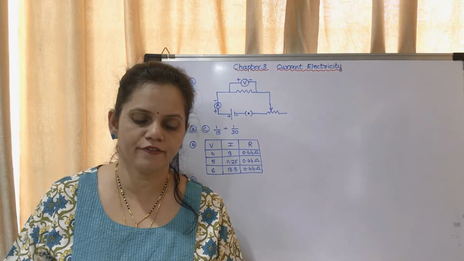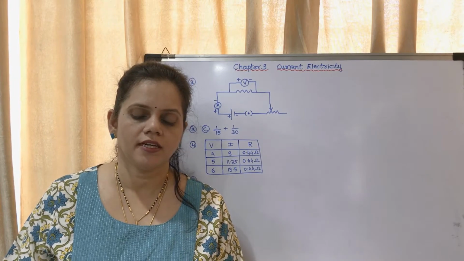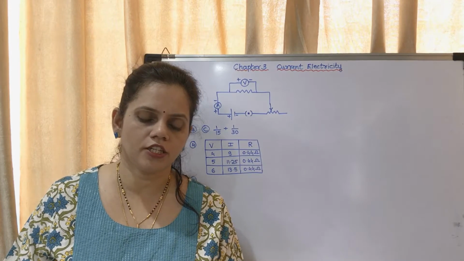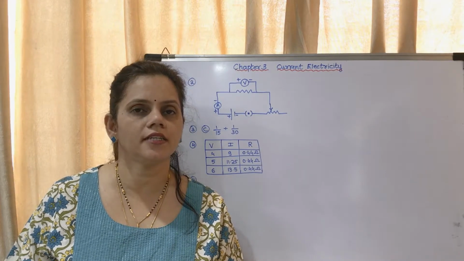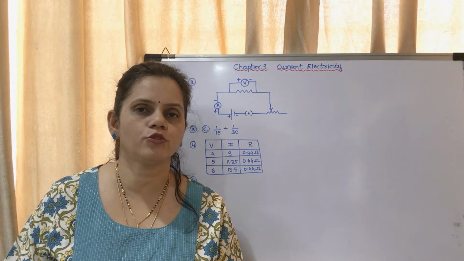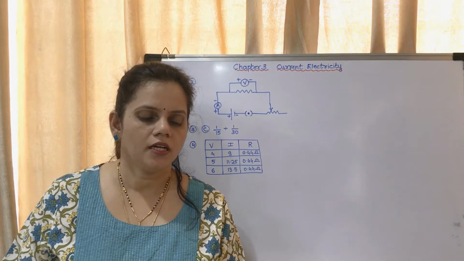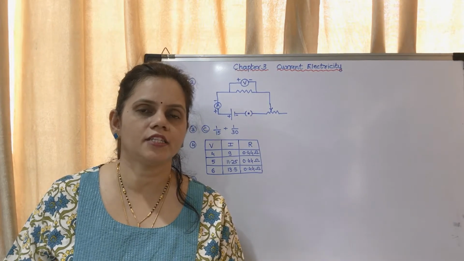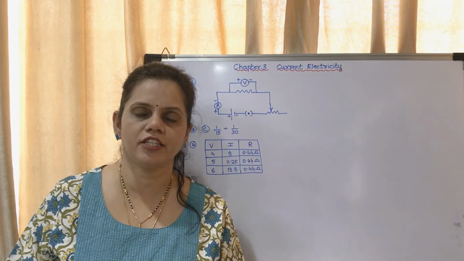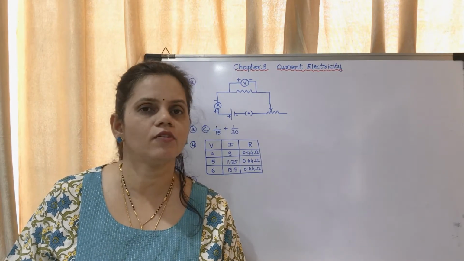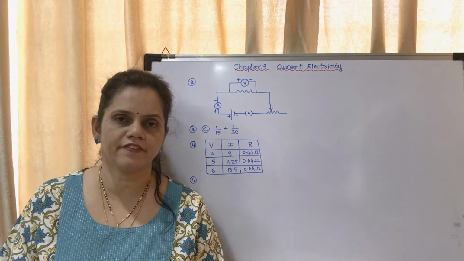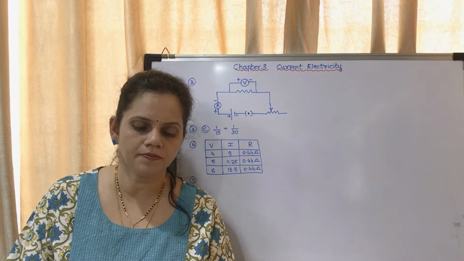One is called the live wire, which brings the current. It has a red or brown insulation. The other wire is called the neutral wire, through which the current returns. The current comes through the live wire and goes back through the neutral wire. What is the color of the neutral wire? It is blue or black. In India, the voltage difference between live wire and neutral wire is 220 volts. You may mark till there. These are all important. It could be asked as a fill in the blank or multiple choice question.